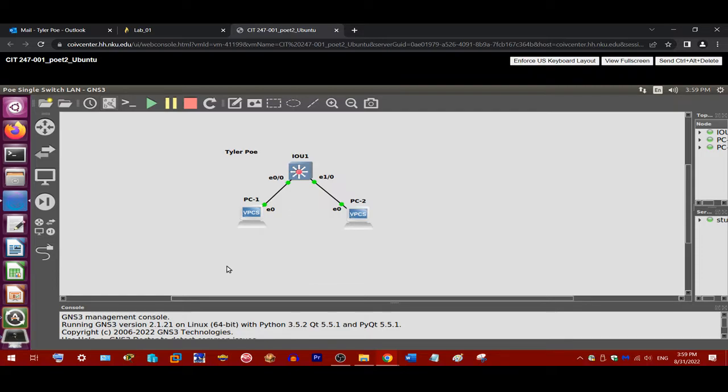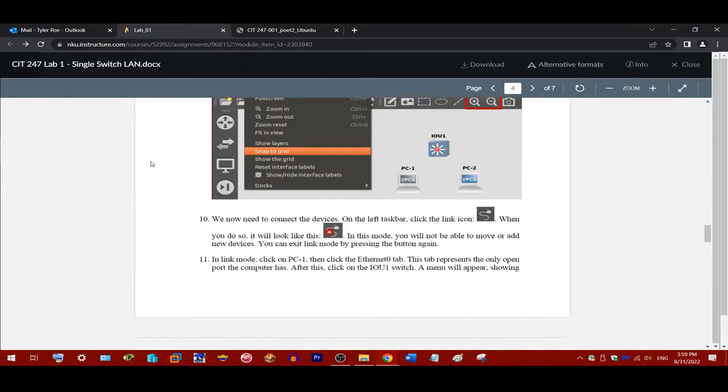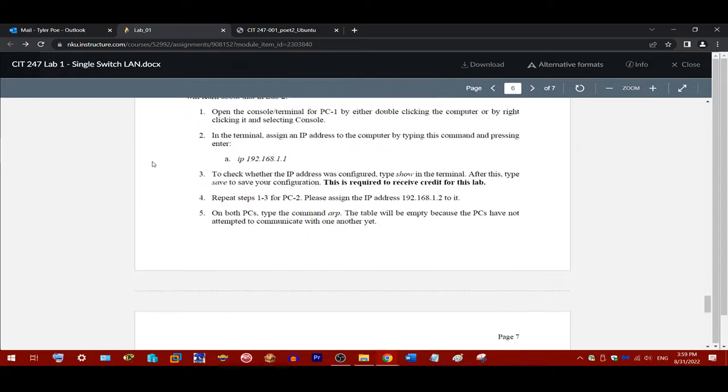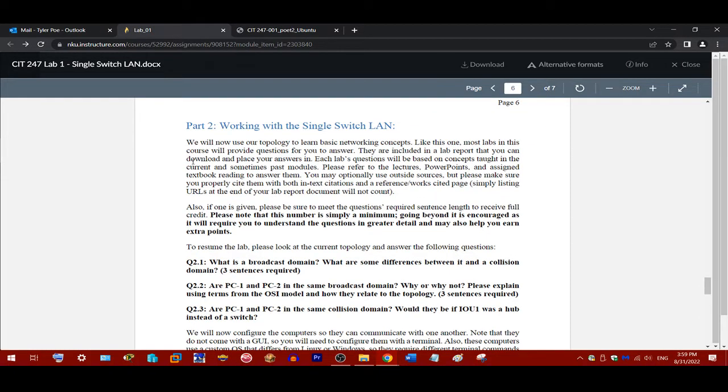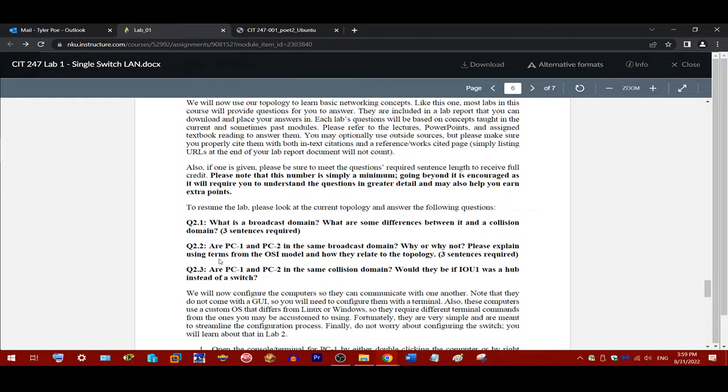So at this point, after you've set up your lab, you'll begin working on it, which section 2 goes over right here. One thing to keep in mind is as you're working on these labs, you'll have questions like this, in addition to requests for screenshots. So what's good to do is you can probably stop what you're doing with the lab and answer the question. If you do have a PowerPoint open or the textbook by your side, it shouldn't take too long